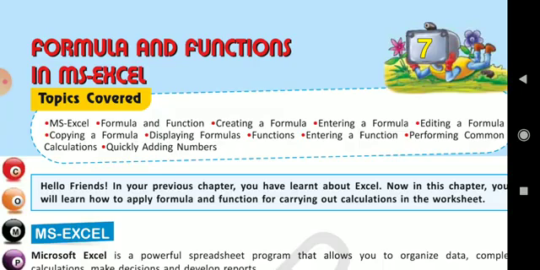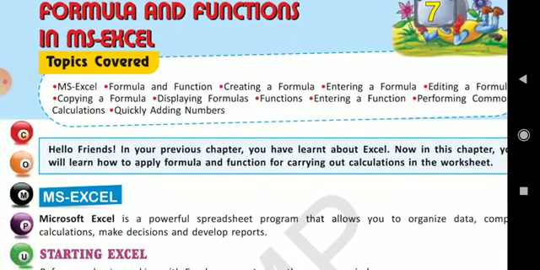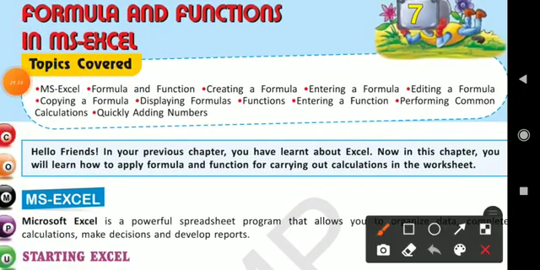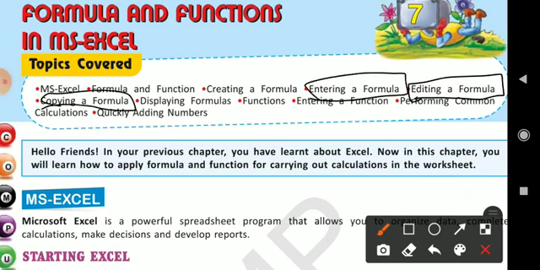Creating a formula, entering a formula, how you will write your formula in the cell, how you can edit a formula, how you can copy a formula, and display formulas on the worksheet. Then functions: entering a function, performing common calculations like add, subtract, average, maximum, minimum, grade, and quickly adding numbers by writing one simple formula.